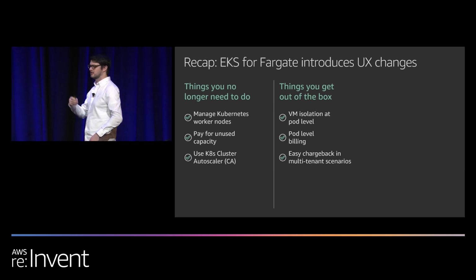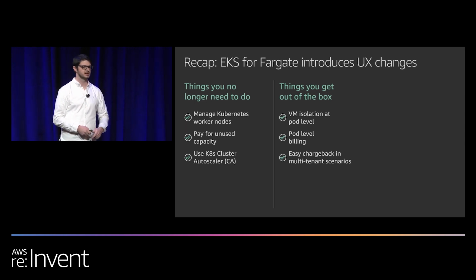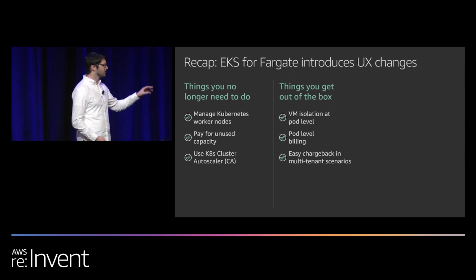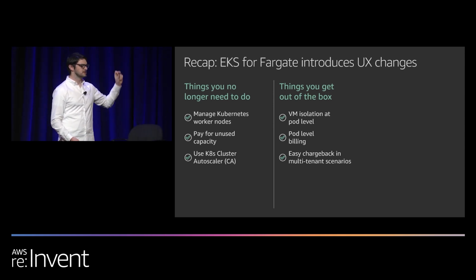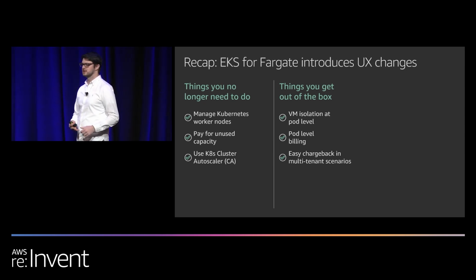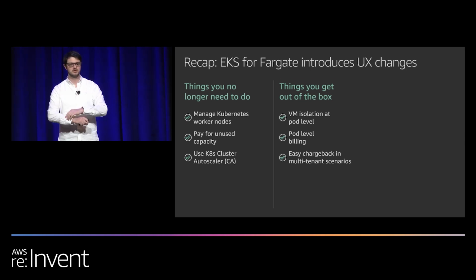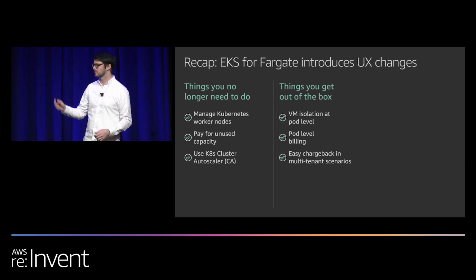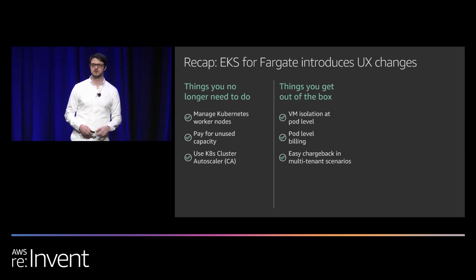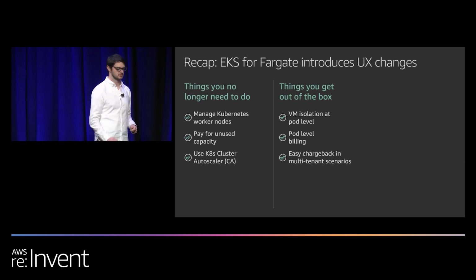And that was on a C5 XL and that's on an M5 large, and oh, that one was Spot and that one's reserved instance and that one's using savings plan. Oh my God, now our accountants aren't bored. So we're going to give you, on your detailed bill in AWS, every pod that runs: you get the cluster, the account, the region, the namespace, the service, the pod ID on a detailed line item bill. So you can take that report, throw it through Tableau or all sorts of other things, and you can see the exact cost, vCPU and memory, that you paid to run that pod. This makes it really easy to do chargeback scenarios for multi-tenant clusters.